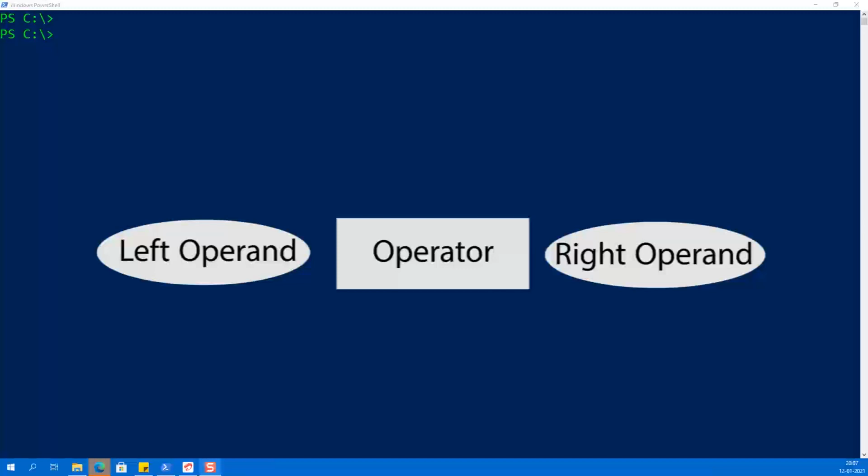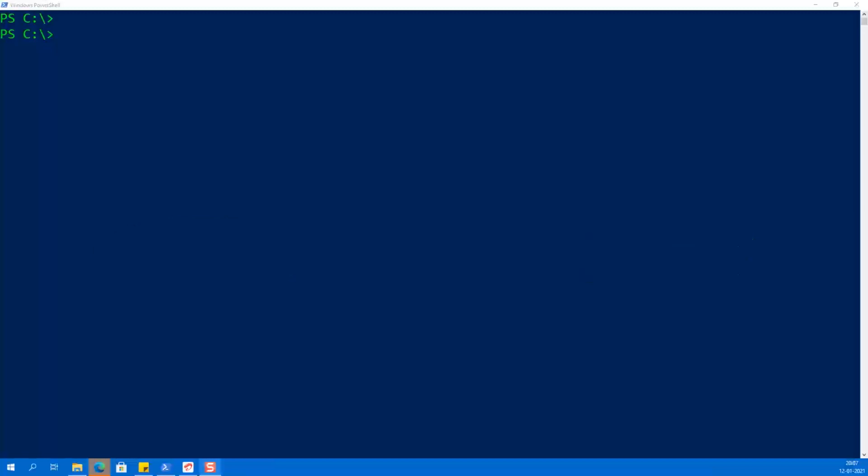Here we also need to understand that the data type preference is given to the first left operand only. So for example, you are using an addition operator and on the left hand side you have an integer value. On the right hand side you have a string value.